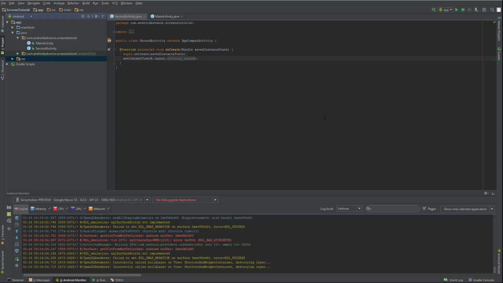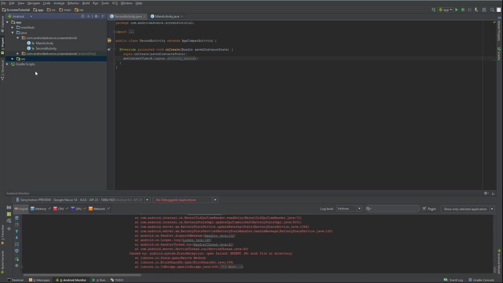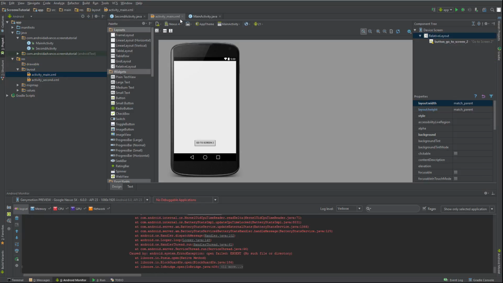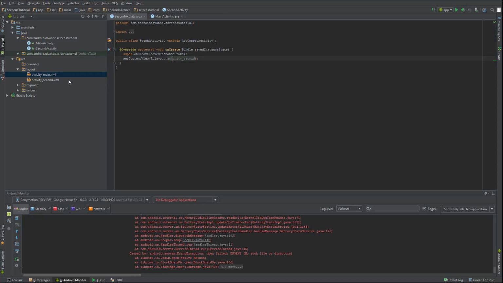So it seems there are some problems at the moment with the way Android 6 displays these layouts. So you do like this, select the main layout, and from here select API level 21, and it should display it good. So let's close this one, and here is how our project is created, and under res and layout we have our layouts. Let's go to the second one,